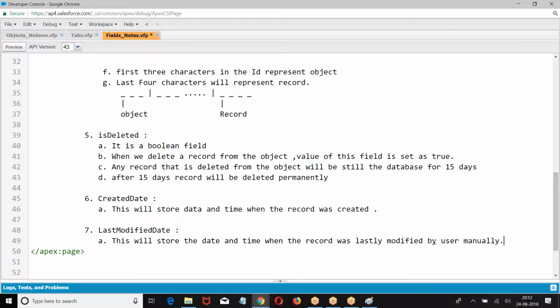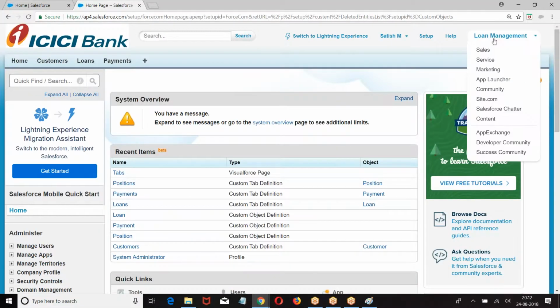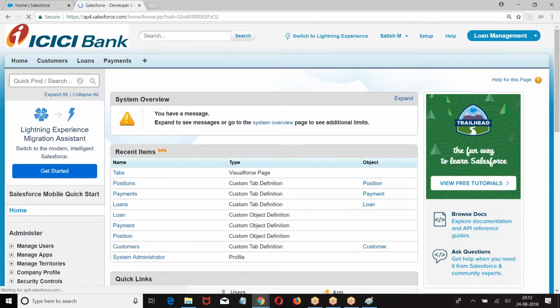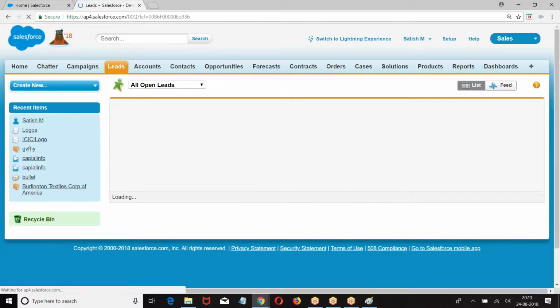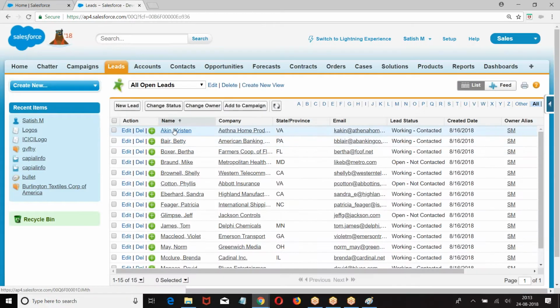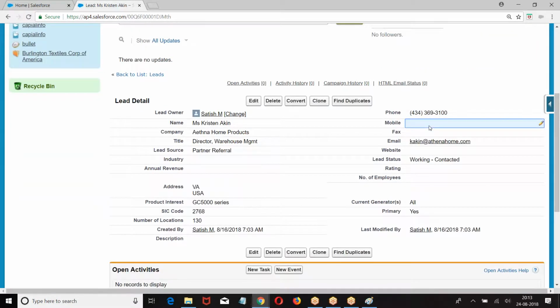This will store the date and time when the record was last modified by the user manually. That means the user has to go to the record and modify it manually.